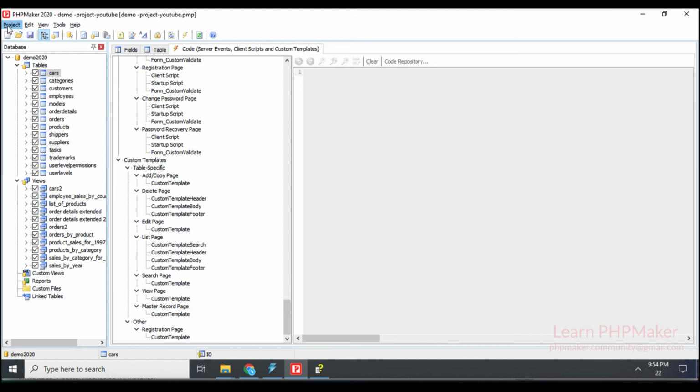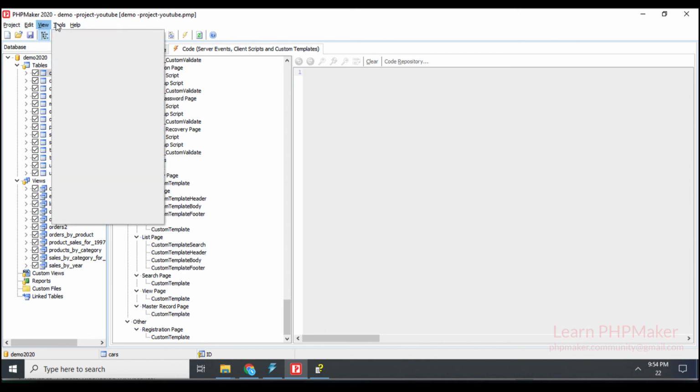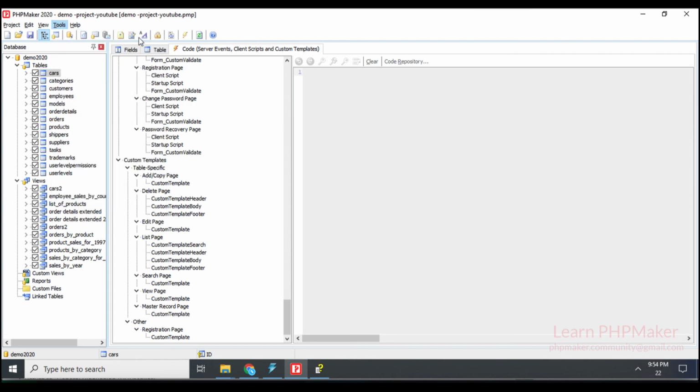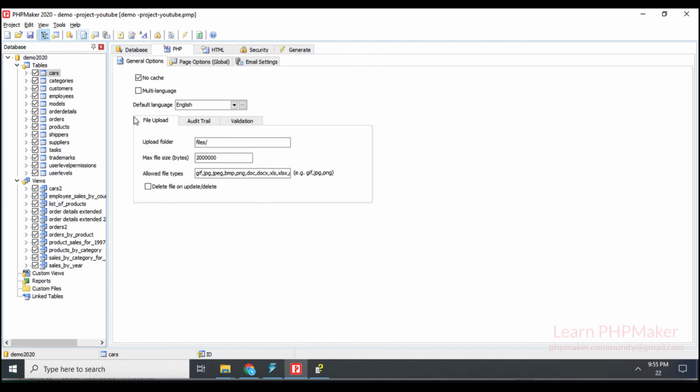After that, you will see some options over here under the menu. The most important options will be tools, extension and advanced settings. We are going to see all of them in detail in upcoming videos, so don't worry about that. Below that, you will see these options. These options are